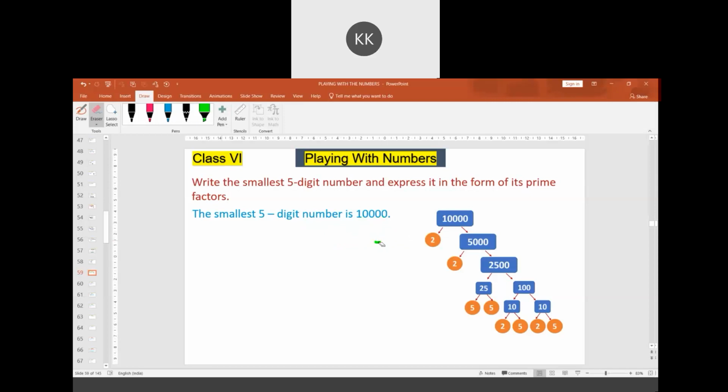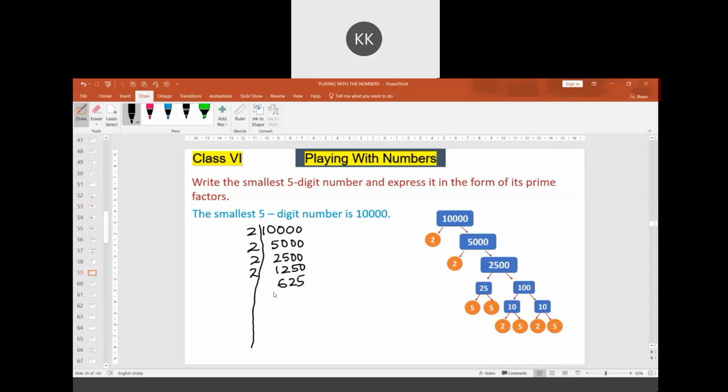Let me tell what prime factorization refers to. We need to write the number 10,000 and keep dividing by the prime numbers starting from the smallest prime number, which is 2. We get 5,000. Again, it is divisible by 2. 25 times 2 is 50, followed by 2 zeros. Once again, it is divisible by 2. We get 1250. Now it is divisible by 2. We get 625.